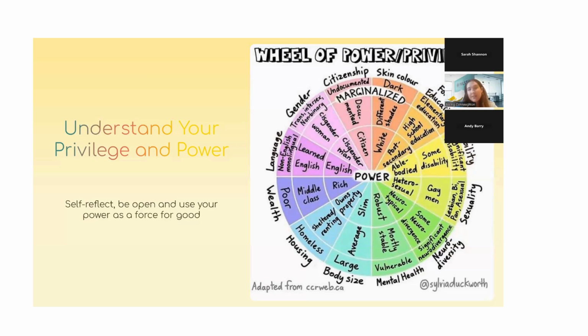And that's really how we're going to innovate, because we need new thinking and different ways of coming up with solutions. And so this Wheel of Privilege is really always, when I'm at the UN conferences, the moment that everyone goes, oh my gosh, I'm so privileged, because it's also about understanding how privileged we are and how we can use our power as a force for good, and all of the benefits that we can do to make a difference in this world and use our power in the right way.